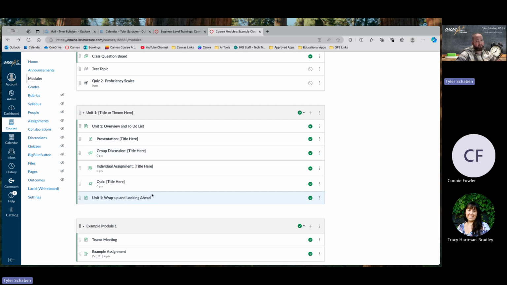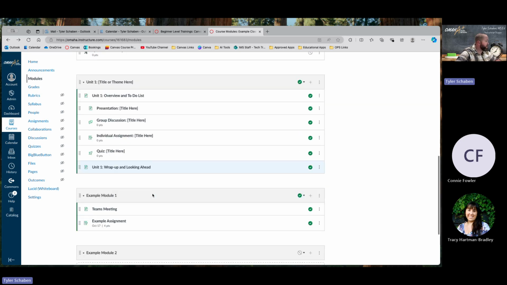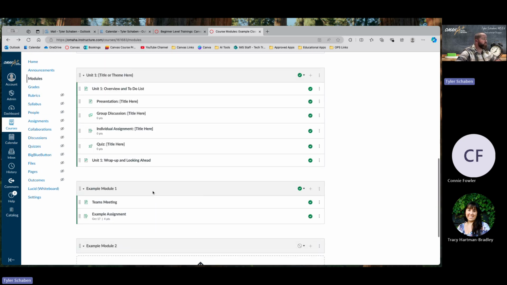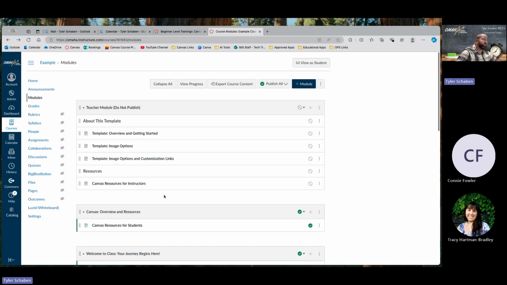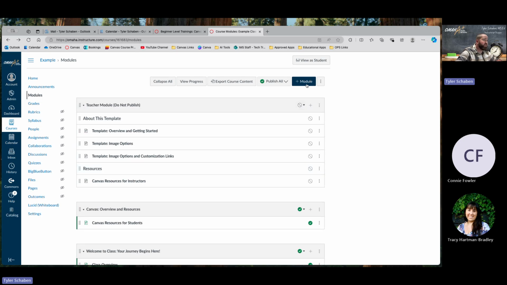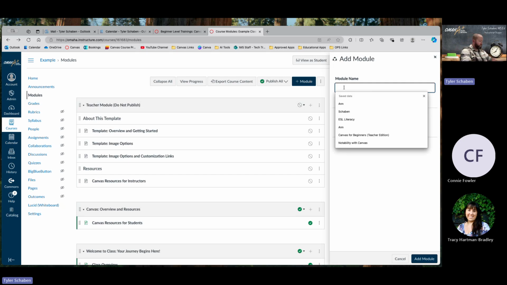But I've also seen teachers organize this by week. They'll have like week 1, week 2, week 3, however you want to do it. It's just making it consistent. But in order to create a module so that we can start housing the pages and assignments we're going to create, we're going to come up here to the very top, and there is going to be a plus module button. So if I click plus module, I can then give it a name. So in this case, I'm just going to call this Unit 2